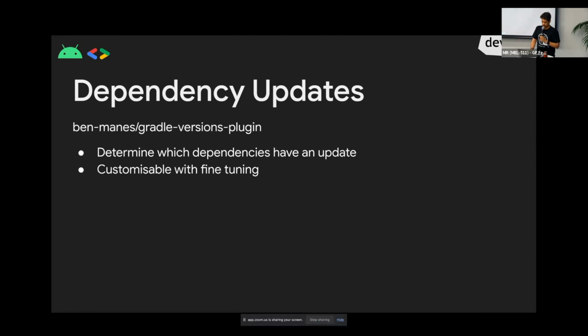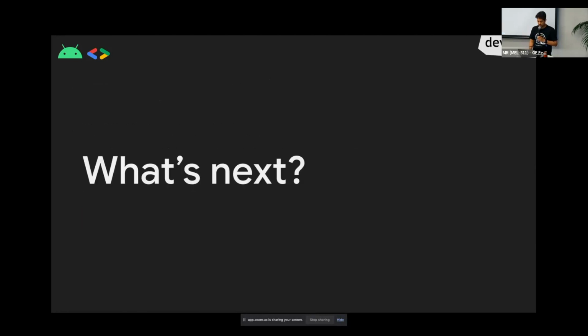You can fine-tune stuff in it. It gives you a formatted report in HTML, plain text, JSON, XML, or a mix of everything. And all you have to do is just run this task once your plugin is imported. So my cron job on the 28th of every month runs this and gives me a nice HTML report, which I can use to update my dependencies.